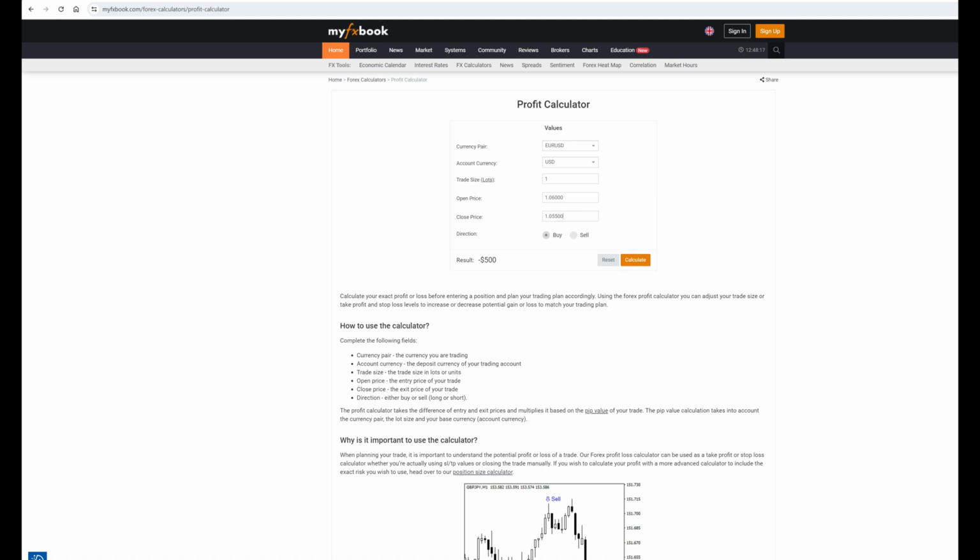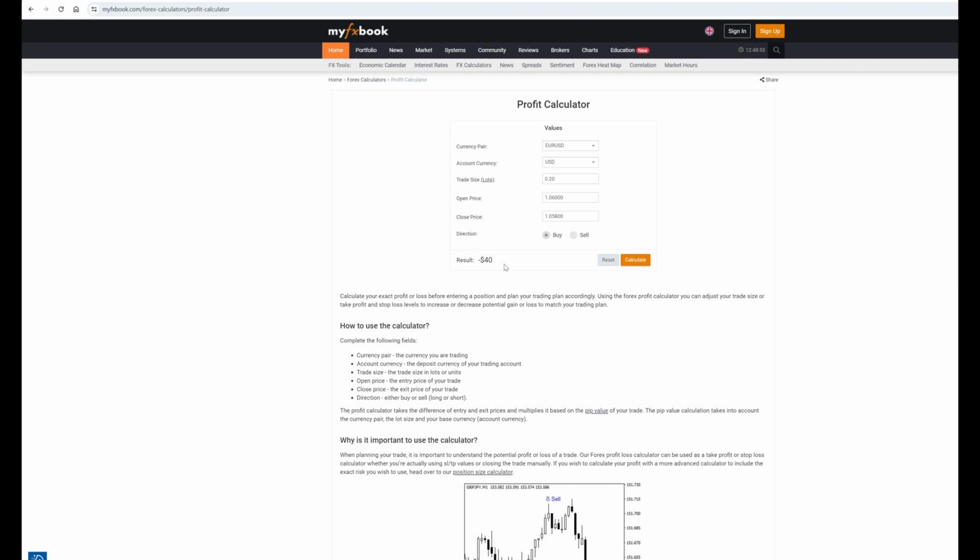So for this example, we are going to just see right here, as we have said, a 20 pip stop loss, okay, from our buying price. If it's one lot, we are risking $200. Now, if your trading account is between $1,000 to $2,000, then the position size you can do is maybe 0.10. As you can see, you are risking $20, or you can go up to 0.16, perhaps $32, or